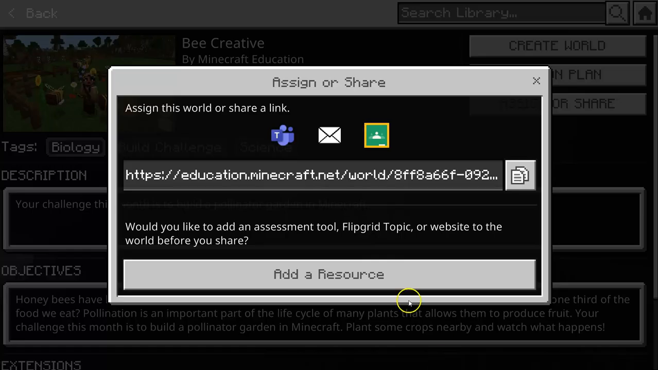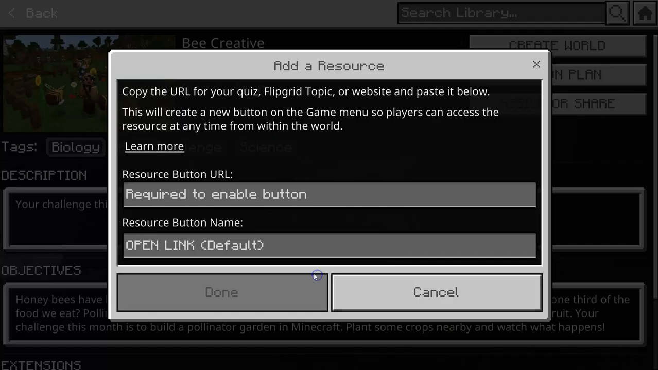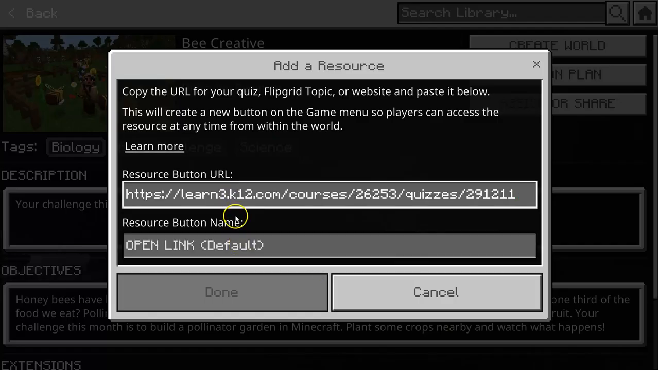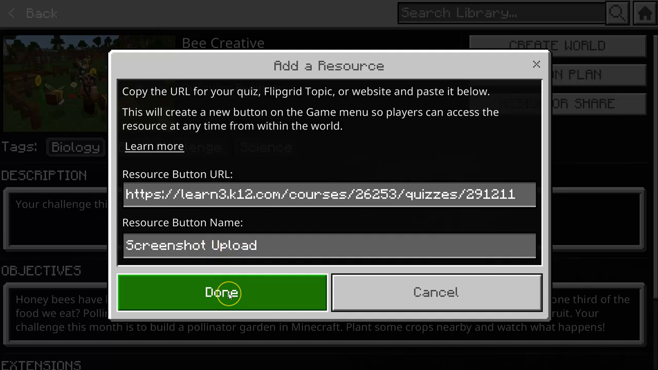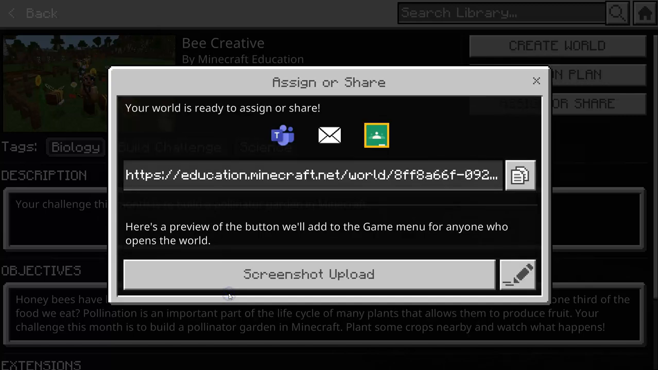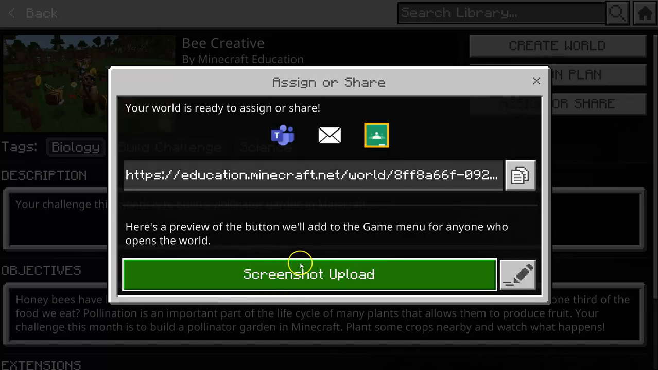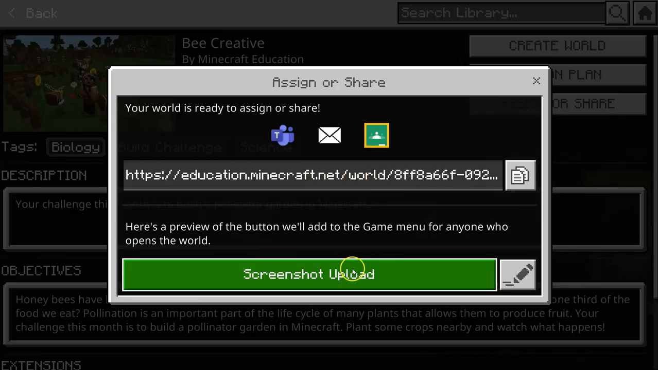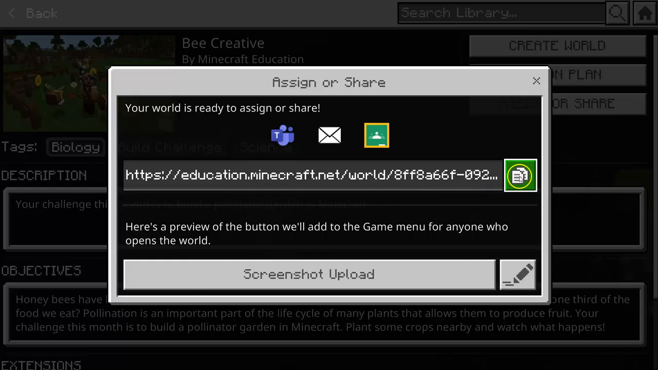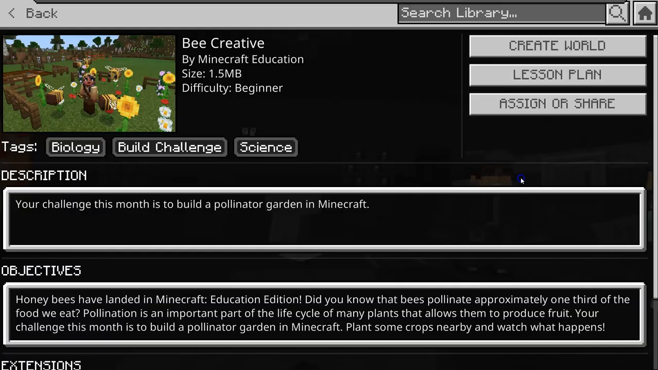I'm going to go back to Minecraft Education, now that I have the link to my Canvas assignment, and I'm going to put it here, and then I'm going to hit done. The reason why you need to do this first is because it changes this URL from what it originally is without the resource. So when I screenshot or when I copy this with this little button,